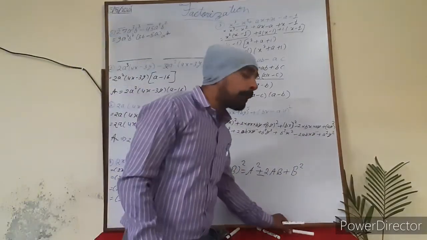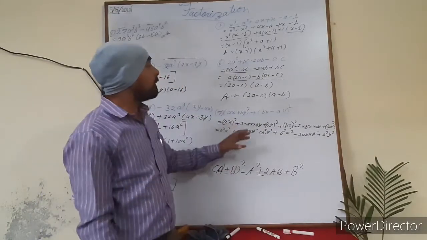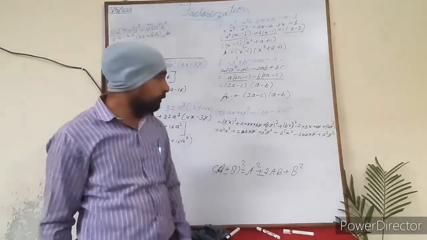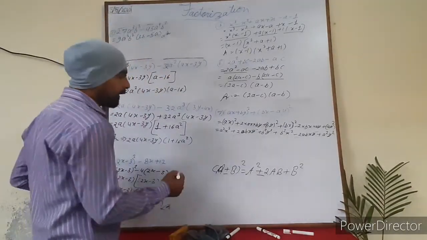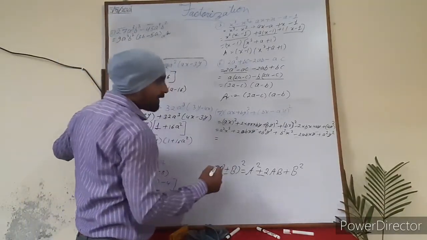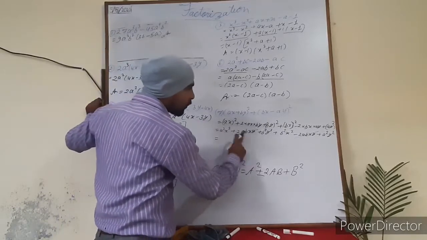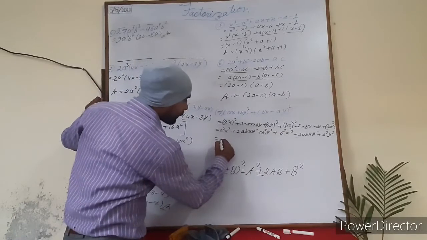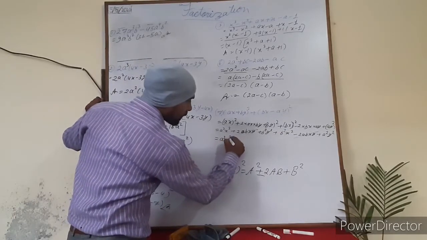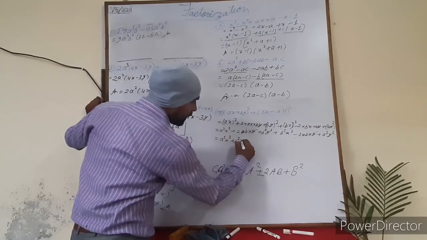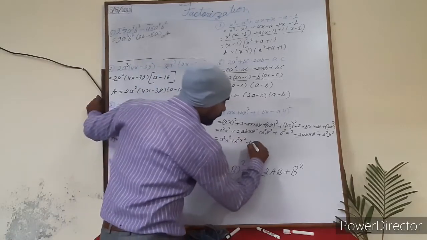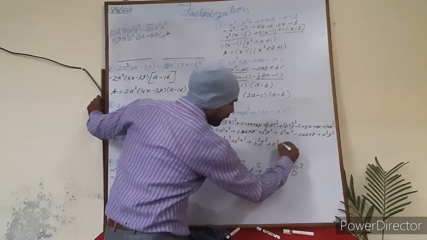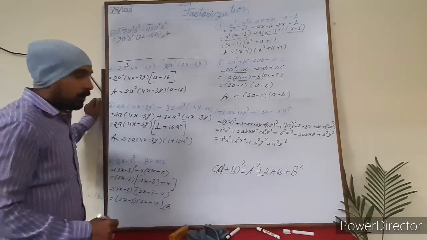This is an important question; most of the good schools of the city are in the habit of giving this question in the examination of factorization. So now you can see here nothing is common in a square x square and b square y square. So this will be closer to this one. So it is a square x square plus b square x square, same way, plus b square y square plus a square y square.